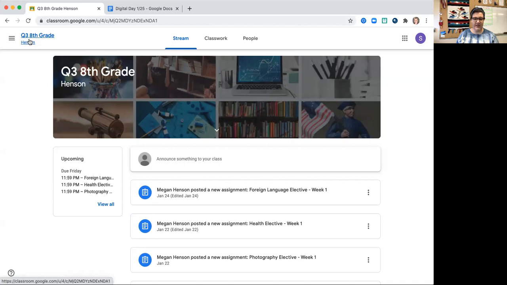You also have been invited to Q3 PE that you need to join that one as well. Though you don't have any assignments in PE today, if you go out and play in the snow, you could count that for joyful movement if you are in distance learning. So keep that in mind. It looks pretty much the same as it has in the past. So PE is no different, but all of our other classes are a lot different. So here's what our new class looks like.